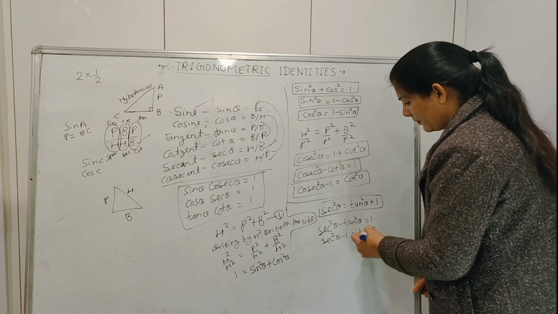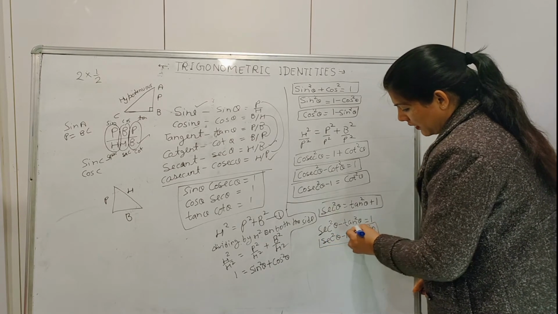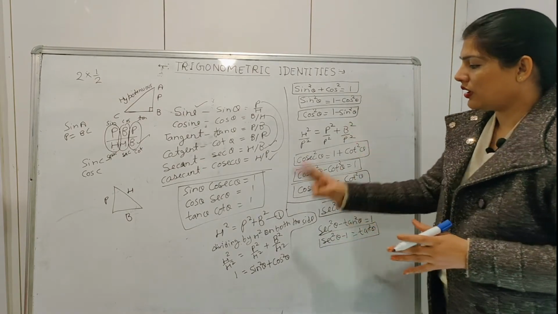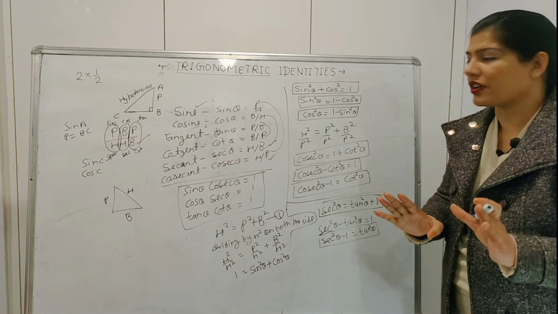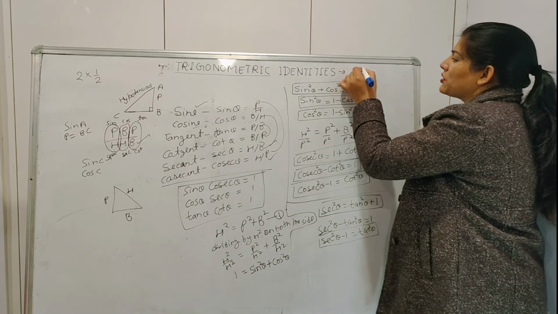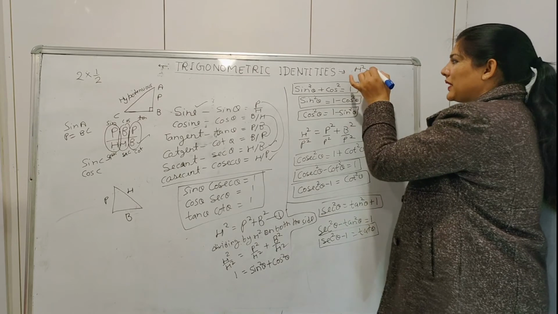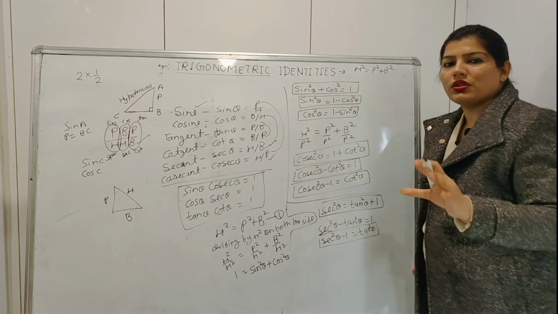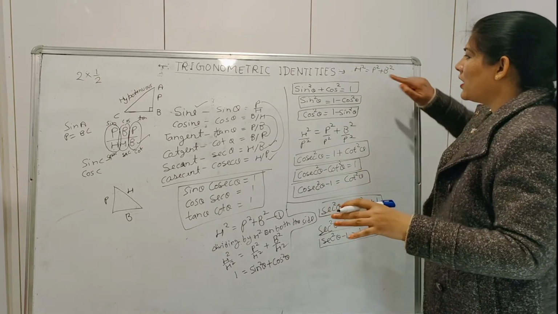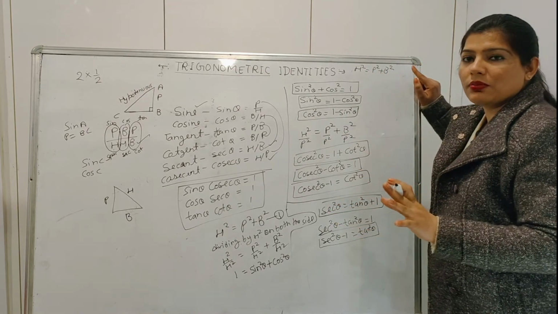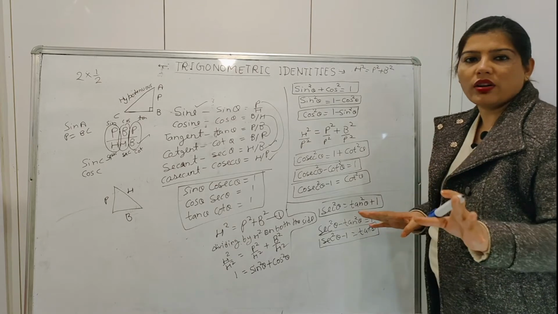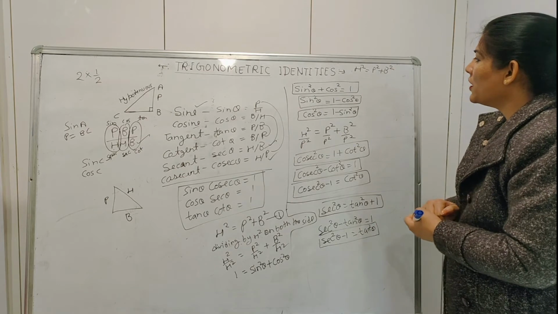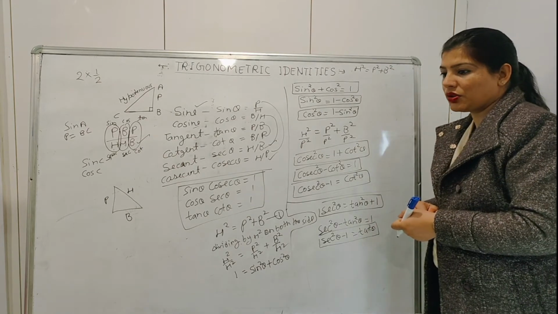So if you are confused about remembering these equations, don't worry, we have a trick here. From the equation we have proved, write the Pythagoras theorem simply as h square equals p square plus b square, and according to the question just divide the whole equation by p square or b square or h square, then you will get your identity. Okay, so let's discuss some questions on this topic.